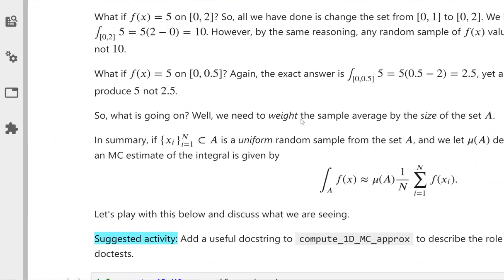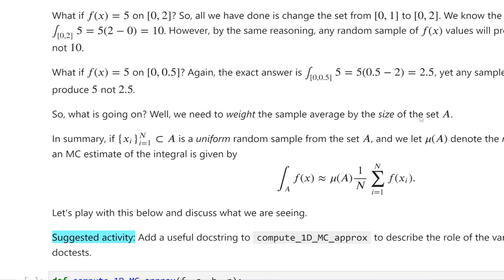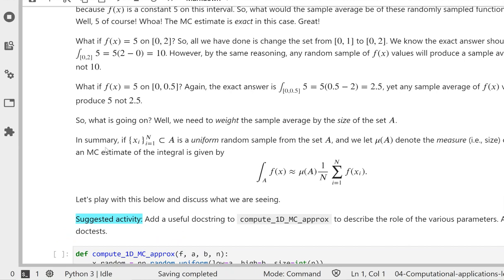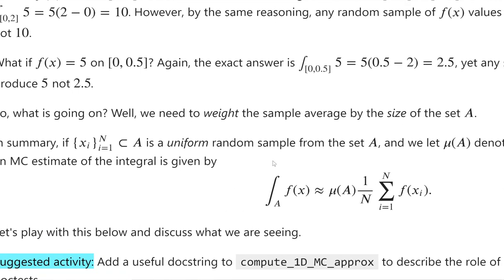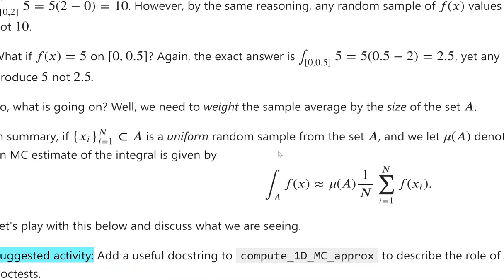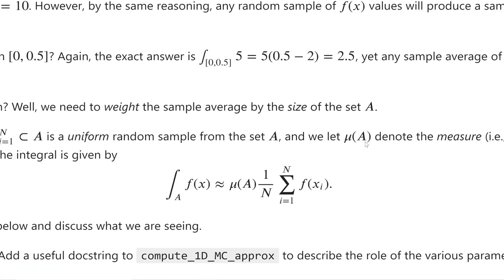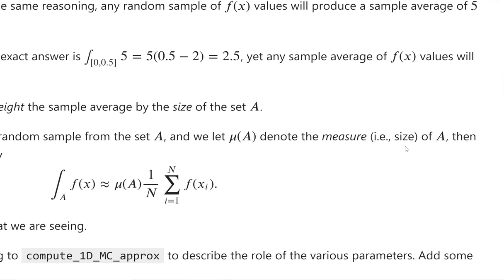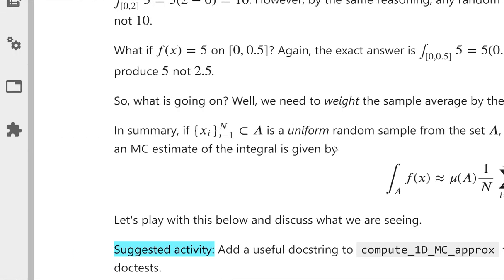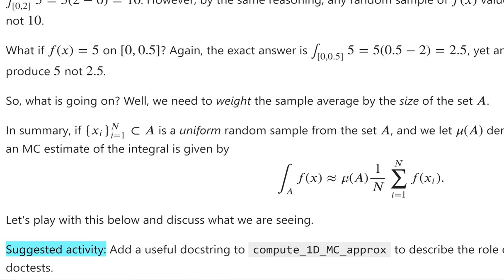Well, we need to weight the sample average by the size of the set A. In summary, if x sub i, for i equals 1 to n, are points in A that form a uniform random sample from the set A, and we let mu of A, mu for measure, denote the measure, meaning the size of A, which for an interval would be the length, then an MC estimate of the integral is given by this. The measure of A, in this case the length of an interval, times